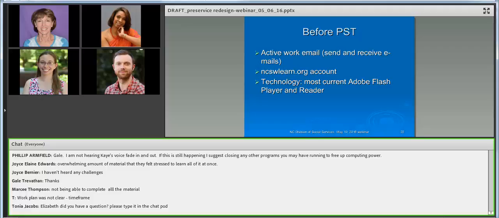First and foremost, the most important piece of technology you can have available to your employees prior to pre-service is going to be an active work email. It's one that is repeated ad nauseum by some of the trainers, registrars, and people that have worked with pre-service, because to access that online portion of the training, they need to have an active work email via your office or agency. I know that sometimes IT can take a little while to set up an email,